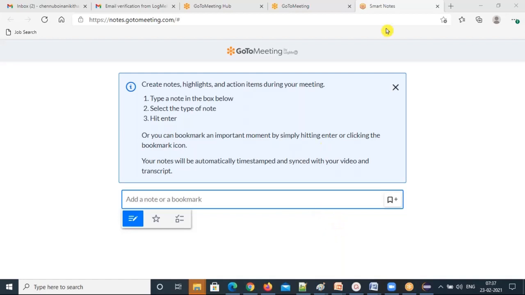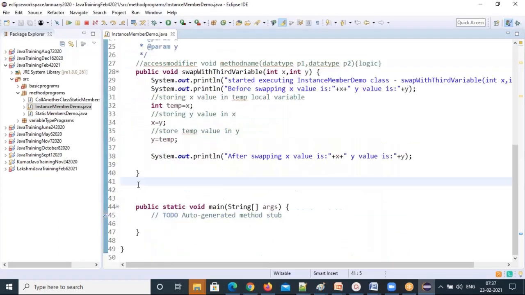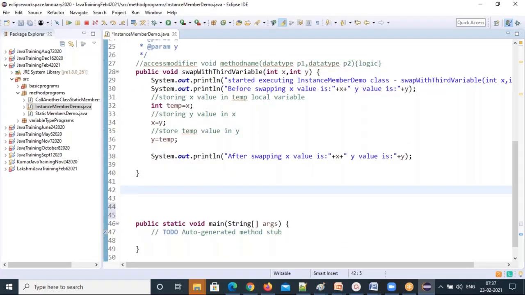Return type methods, right? We created void methods. Let's create a return type, non-static method. I'll take the previous example, how to generate a random number, but this time I'm going to generate an integer random number. How can you generate it? So let's see that. That's an integer, my data type.